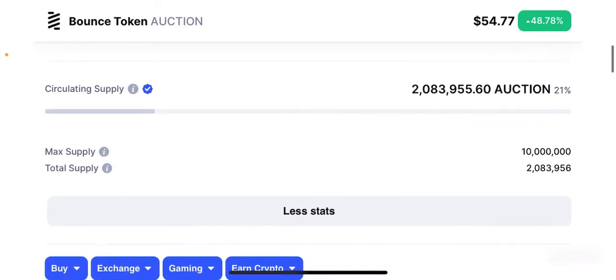If we take the max supply, this is one of the few projects that has extremely low max supply, even lower than Bitcoin, right? So the max supply of this token is 10 million tokens, and out of that, 21% of the tokens are in circulation, which means this token has a very strong scarcity component built into it. The scarcity component is a very important feature that needs to be built into every token, being less than half of the max supply of Bitcoin. This token is even scarcer than Bitcoin,